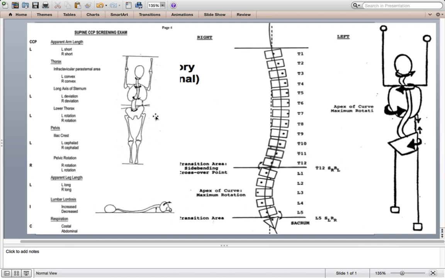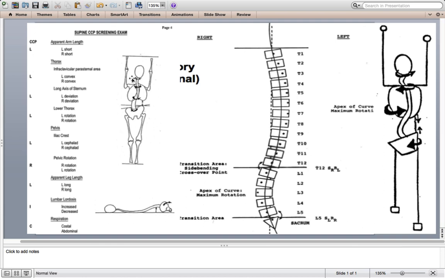So I'm not saying the mechanisms down here are exactly sound, but it's an easy way for me to remember it. Just remember the lumbar lordosis is increased and the respiration is costal. You pair the leg lengths and the arm lengths with reaching up off your left leg to grab something off a shelf with your right hand. That'll fit in there, making your left leg appear longer and your right arm appear longer, aka your left arm will be shorter. If you keep in mind these transitional zones and how this is rotated right at the sacrum, and that holds true for all the vertebrae up and on top of it, going up to the next level of transitional. That'll help you with everything except for this infraclavicular parasternal area, which is kind of an exception because